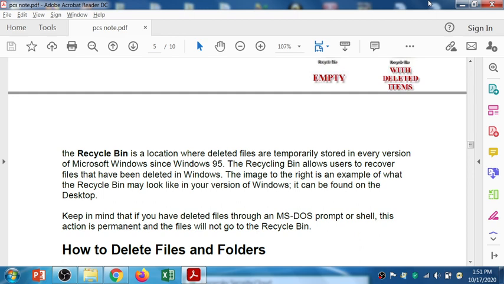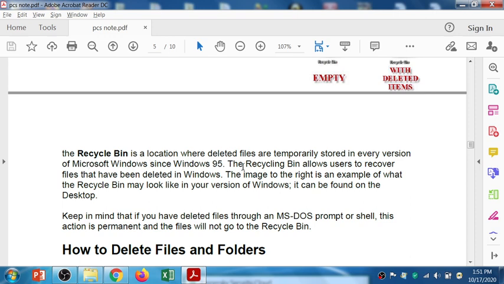In the same way we have different drives to give separate sections for different types of data, right? And an unwanted file we delete will also be stored in the dustbin. So let's discuss the recycle bin.